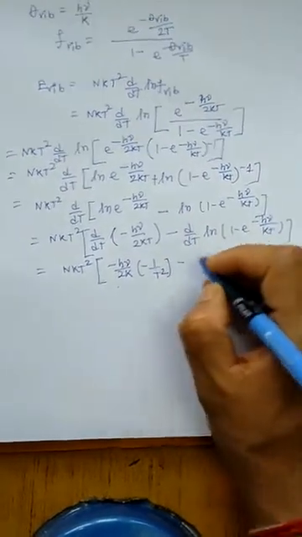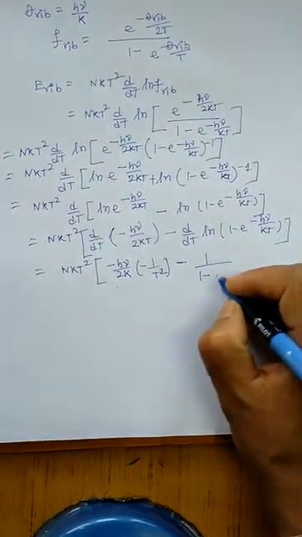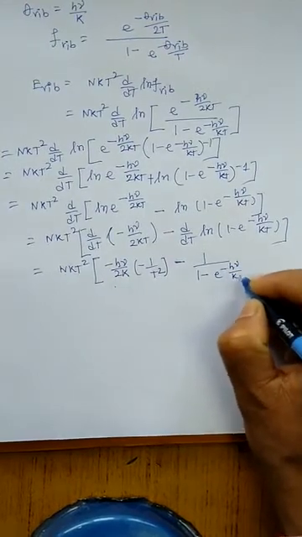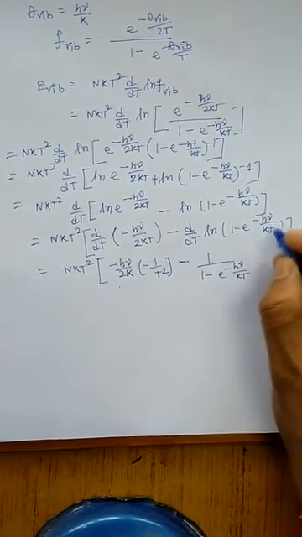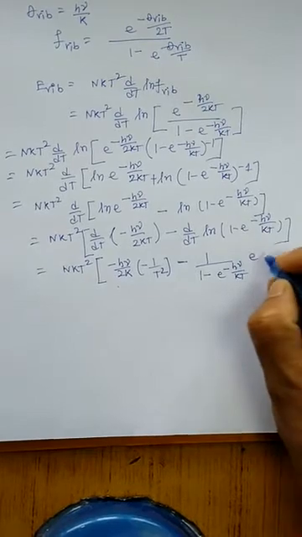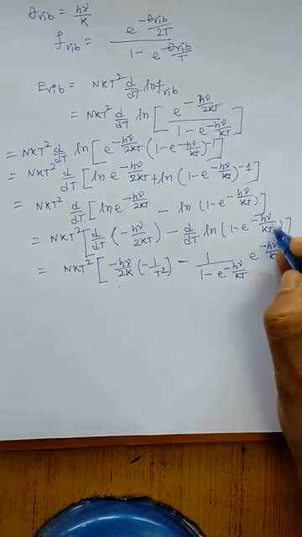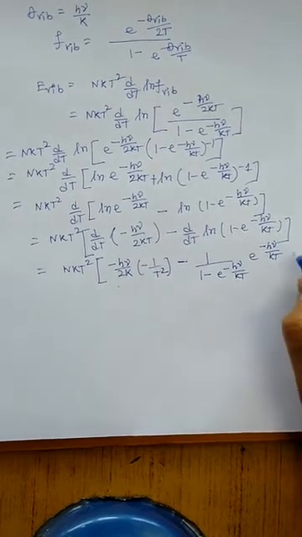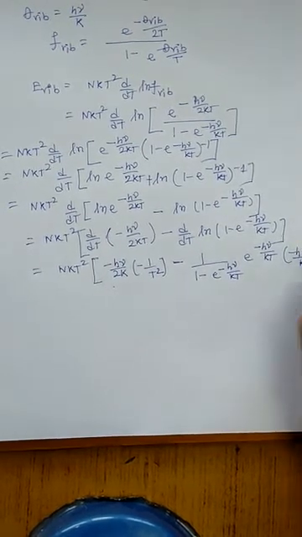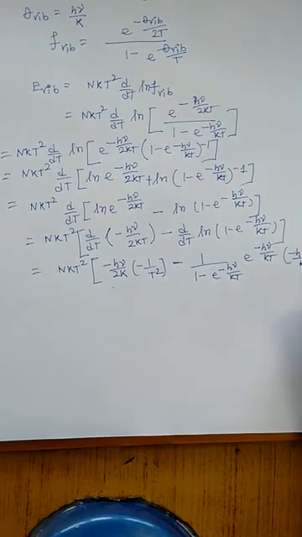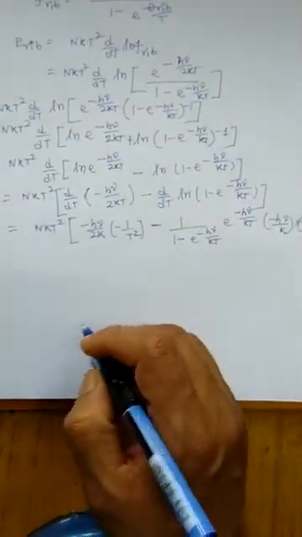Okay, and this function is ln of whatever function it may be, so the first thing is 1 upon x, meaning 1 upon e to the power minus h nu by kT. Then we have to differentiate the e to the power function, because this function contains T, so the e to the power function gives you the same function e to the power minus h nu by kT, but this is also a function of T, so what it gives you is minus h nu by k, and d/dT of 1 upon T is again minus 1 upon T square. So these are the total terms I get here. Is it clear? Yeah.